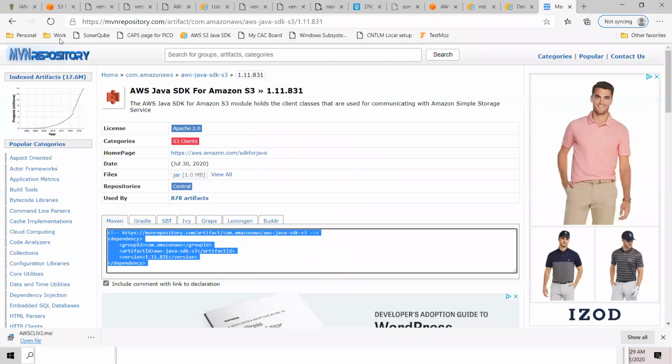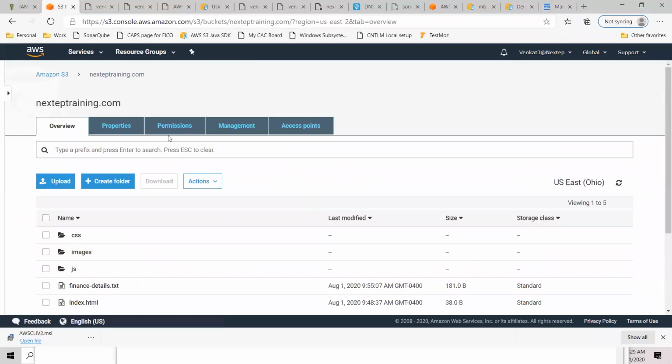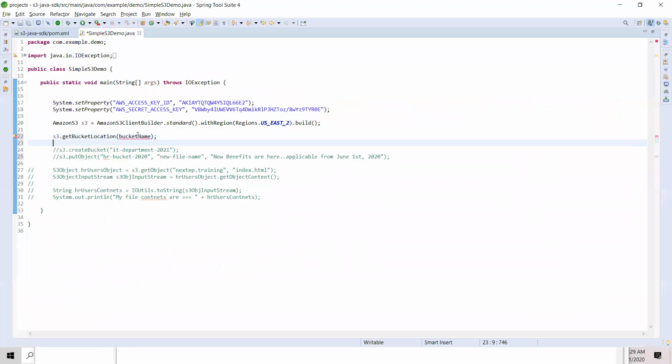Let's go to this one here. This is my bucket name. I'm giving my bucket name here. This is my location, right? So I'll do a sysout.